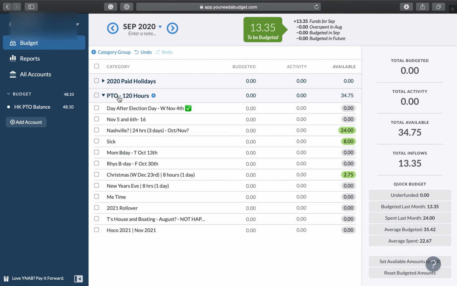Then I created a second category group. I titled it PTO, and then I put 120 hours, which is the maximum PTO that I will get this year. It's not the max PTO for the entire year. I think the max PTO for the entire year is like 140 or 160 hours. But since I came on after the first quarter of the year was over, I didn't get those first